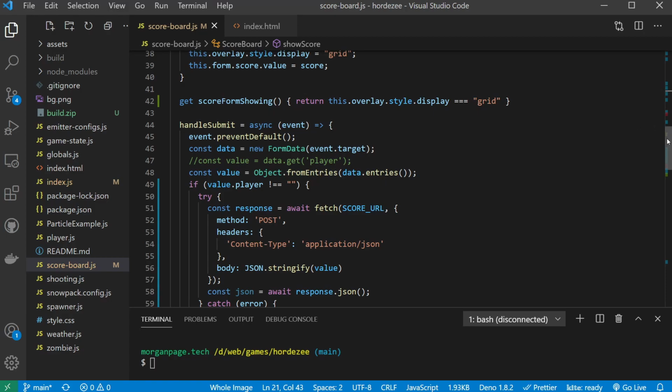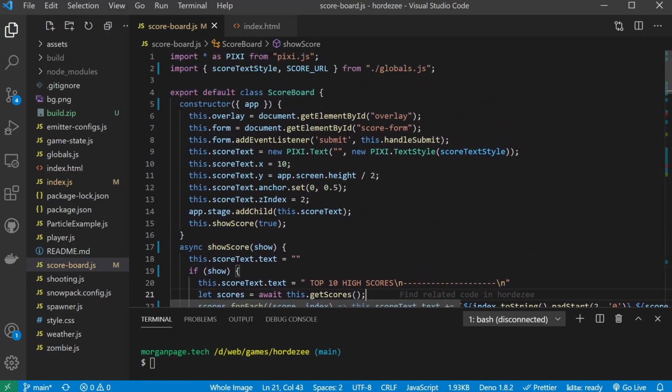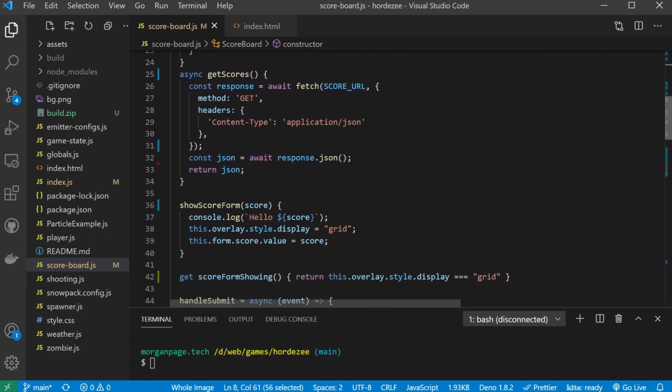So now I can simply, in my code, grab a reference to the score form like so. I can hook up the submit event to my handle submit method,